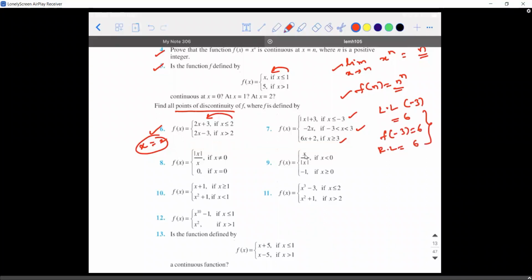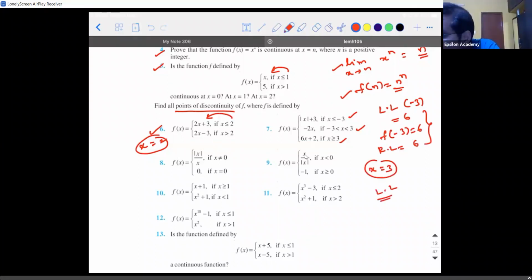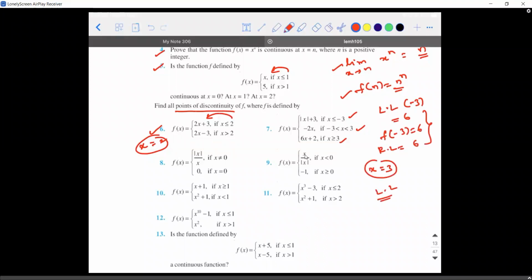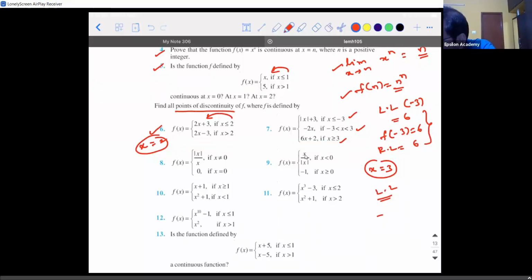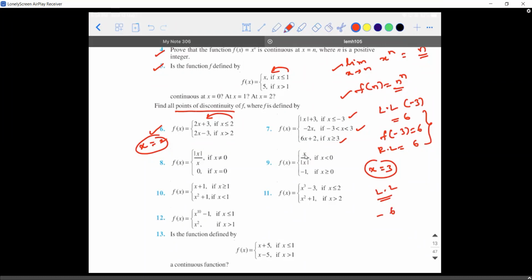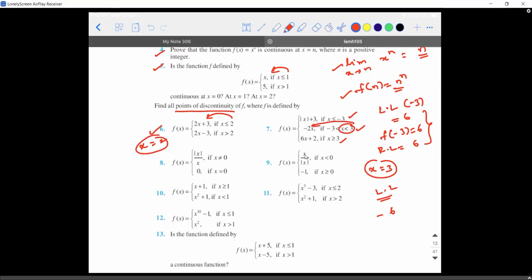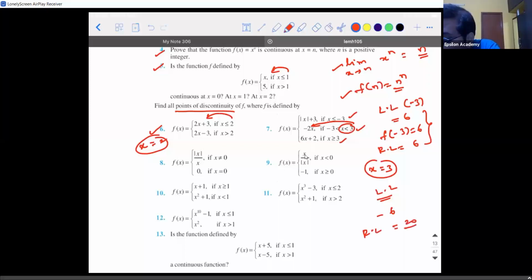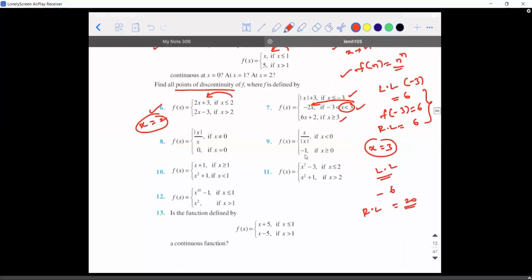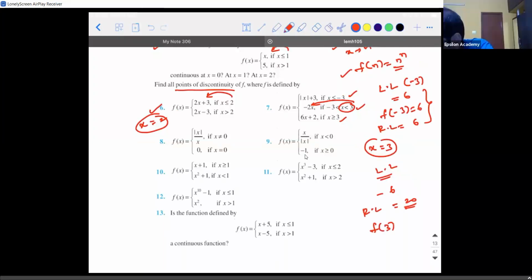Yes, sir. Similarly, at x is equal to 3, what will happen? What will be the left limit? 20, sir. No, for x less than 3 you will substitute minus 6x plus 2. Right limit is 20, I guess. Rohan, what happened? Yes, sir, I made a mistake. Right limit is 20 and function value is 20 also. So it is a left discontinuous or a right continuous function. So the point of discontinuity for this is at 3.